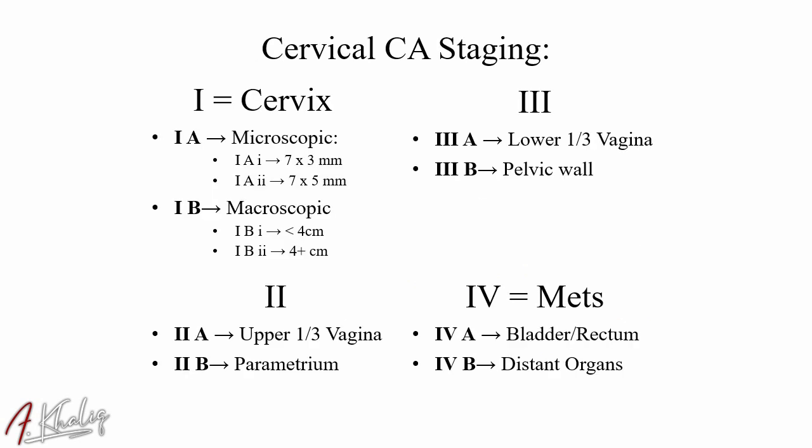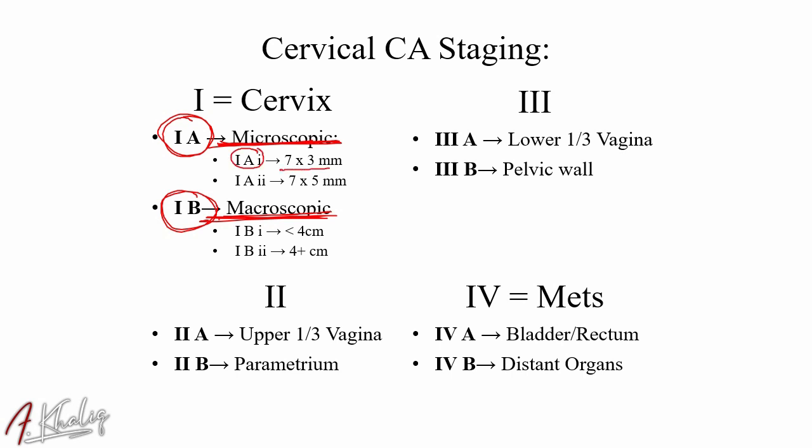Well, if you talk about the cervical carcinoma, you have stage 1 in which the lesion is in the cervix. Now, stage 1 is further divided into 1A and 1B. 1A simply means the lesions are microscopic and 1B means the lesions are macroscopic. So if we talk about 1A, which are microscopic lesions, it is further divided into 1A1, which means the